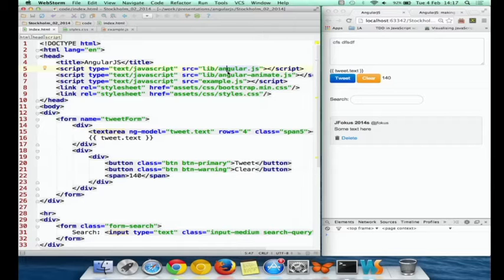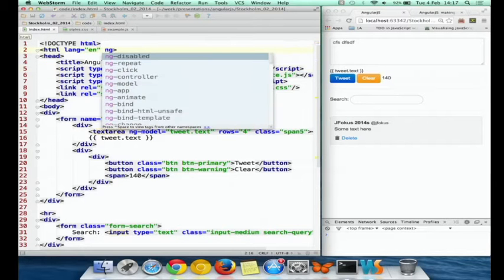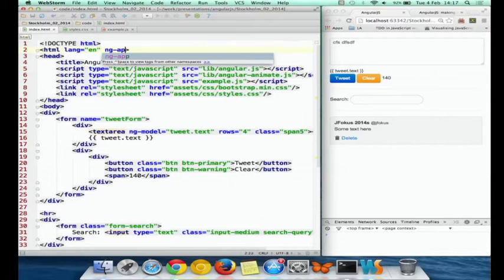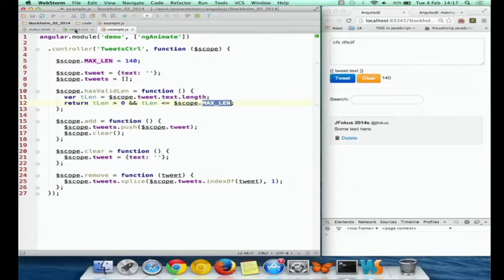I'm also including here something called Angular Animate. We'll see it in action in a second. So as soon as we've got the library loaded, we can use one of the built-in directives to say this piece of HTML should be managed by Angular. So our application, we are going to name it demo.